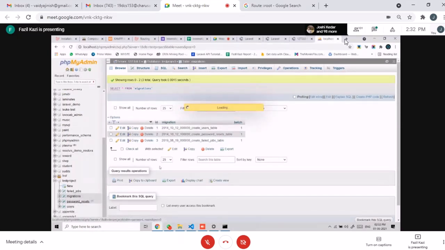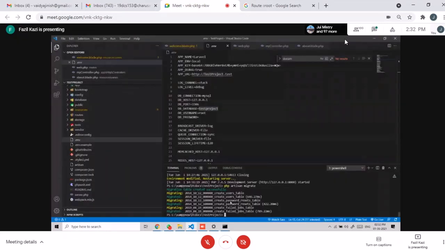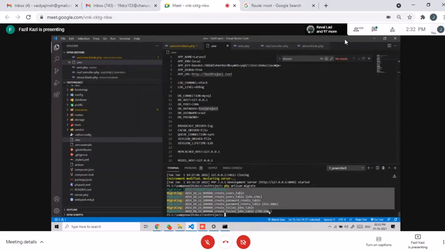Okay, so this is the basic user table in which we have name, email verified, password, remember token. So for the database operation, you need to have Laravel installed in your device, and for that we need another lecture. So first of all, from today's lecture, you have to complete the following task. You have to install Laravel and Composer in your device. Okay, you all know the websites from where you have to install it.